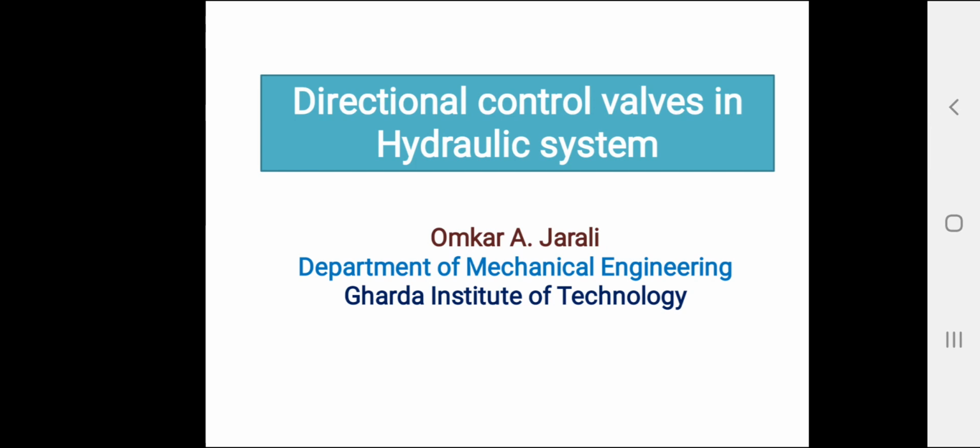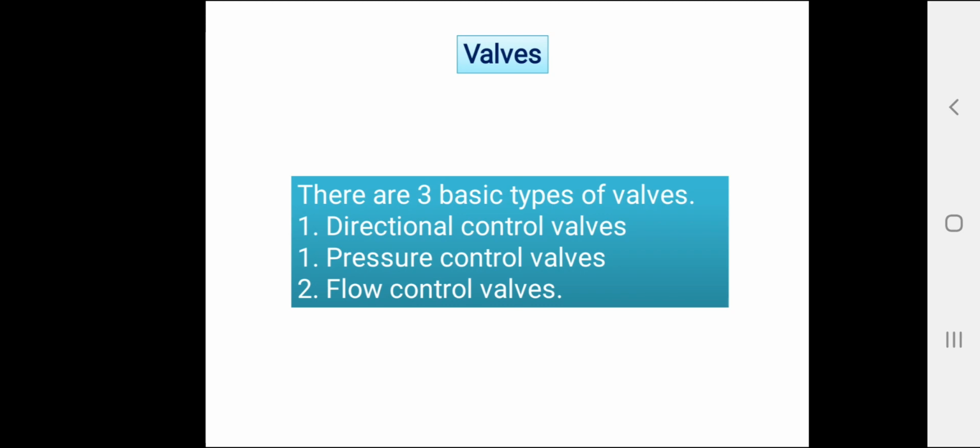This type of knowledge is not only required for good functioning of the system, but it also leads to the discovery of innovative ways to improve fluid power systems for a given application. The selection of these control components involves not only the types but also the size, actuating methods, and remote control capabilities. There are three basic types of valves. First is the direction control valve, second is the pressure control valve, and third is the flow control valve.